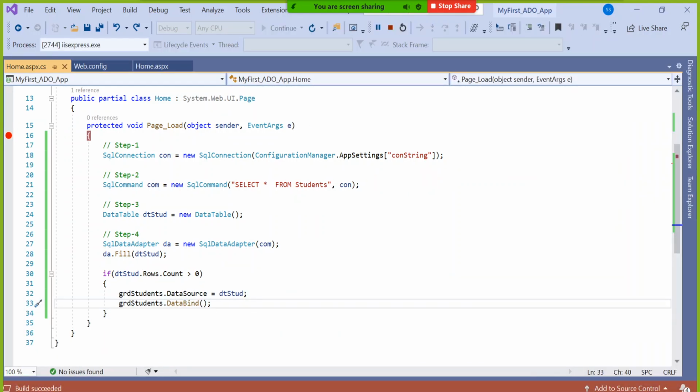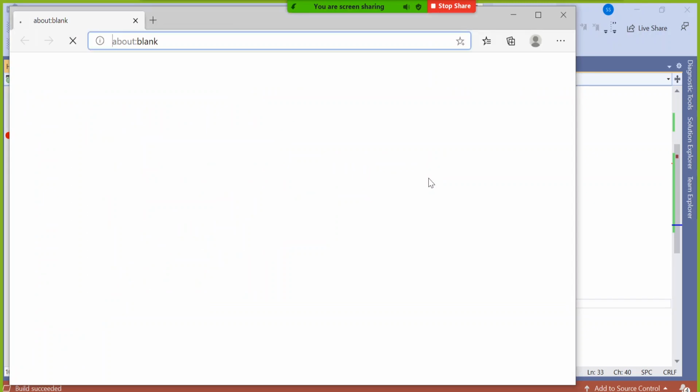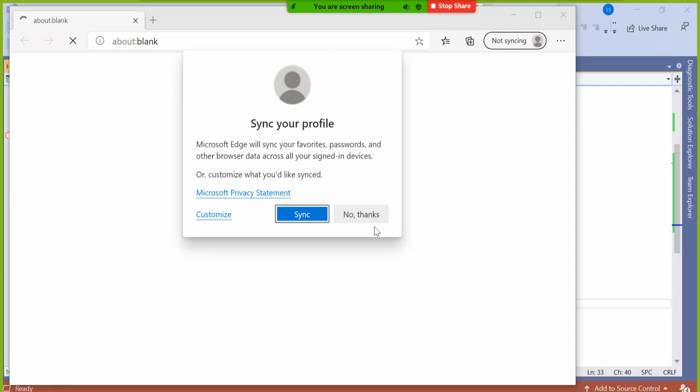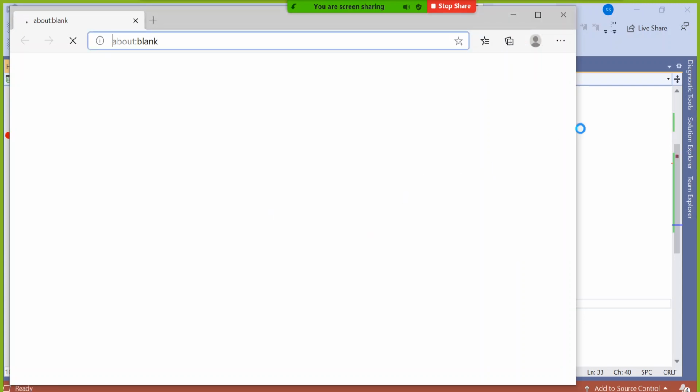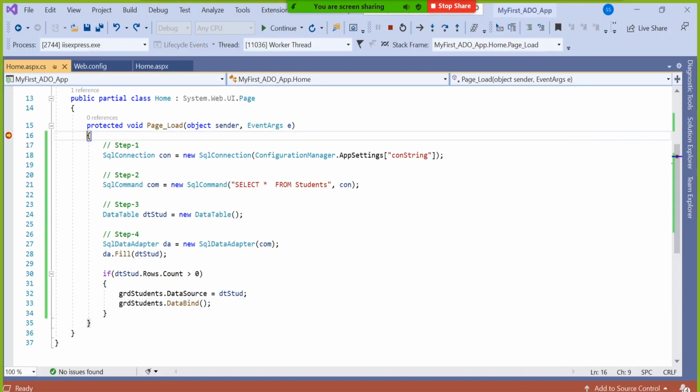I will suggest you put a try catch block. Inside the try catch, if you keep all these things, and by chance some mistake is there, you can handle it in the try catch and come to know what the mistake is. So I have put a breakpoint in the page load. Usually when the page is loaded on the browser, that time my control will go there. Can you see line number 16, F10, F10, F10, F10, go through all the 4 steps, because in line number 28 only something special is happening.